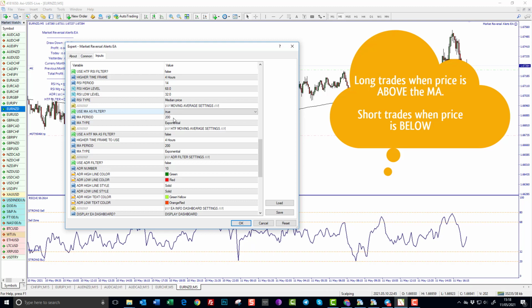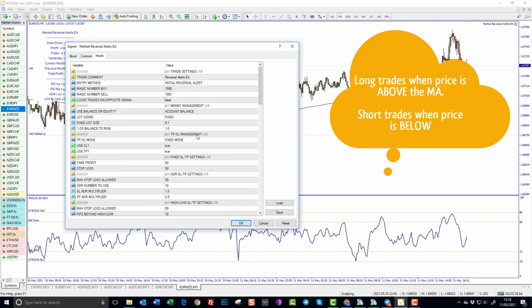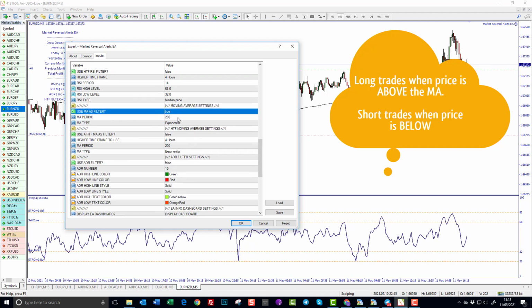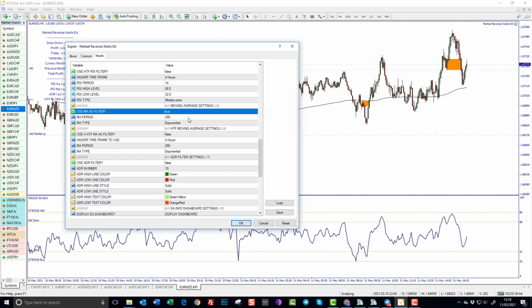So for example, if you wanted to say to the EA, I want you to take all trades and I only want you to trade if price is above the 200 moving average, then that's all it will do. It will just take long trades, long reversal alerts above the 200. So in this case, as this is a short trade, it would not take that trade because price is above the moving average. If the moving average was above the price when the reversal alert happened, it would take the trade. So this filters out reversal alerts that are in the opposite direction to a moving average which you're using